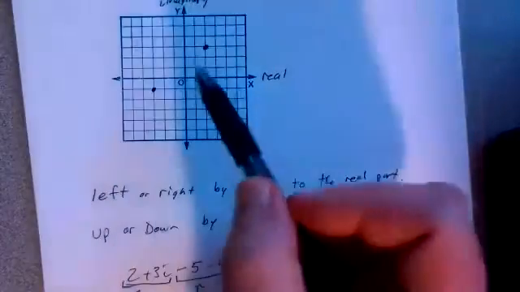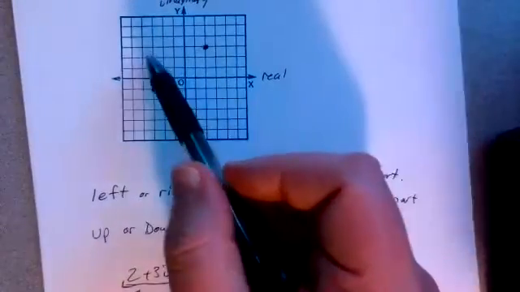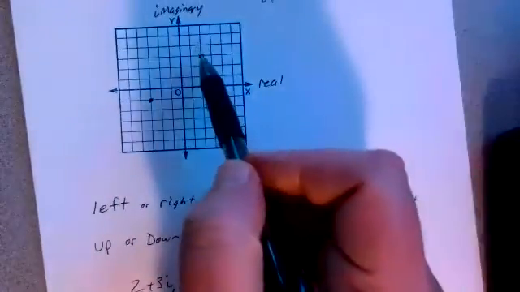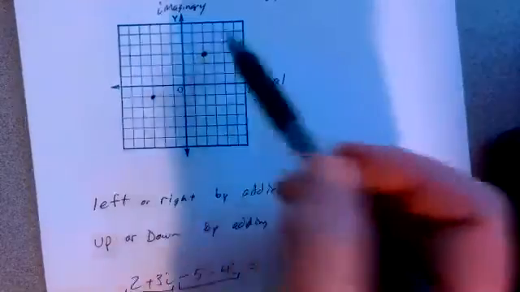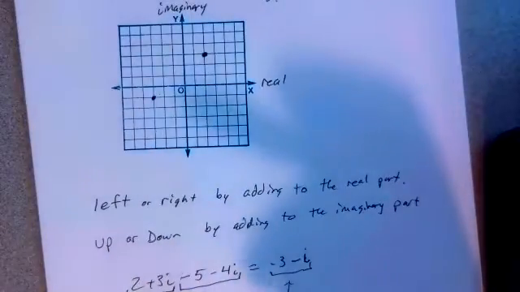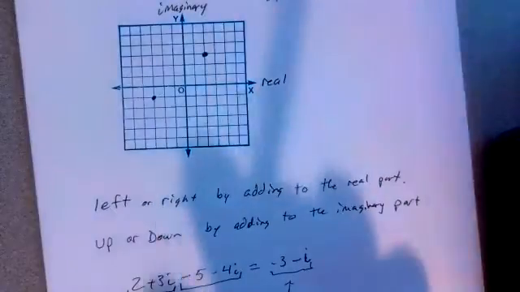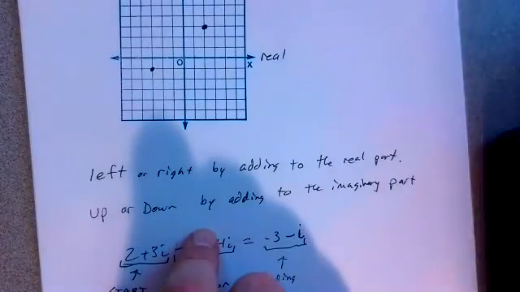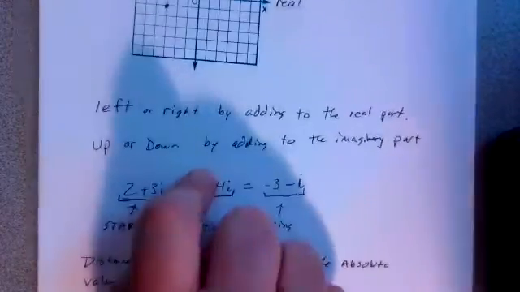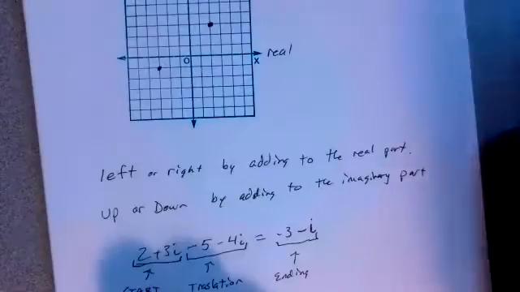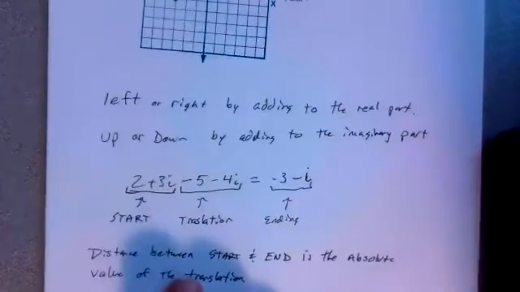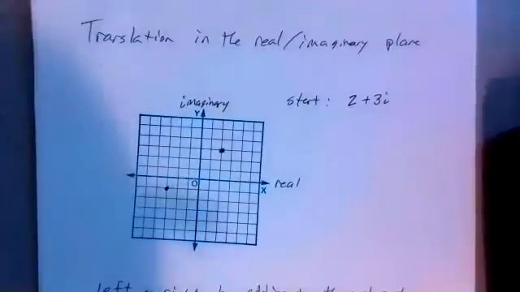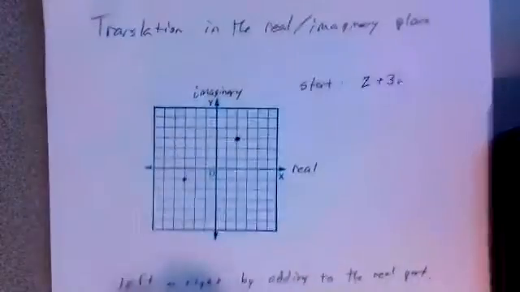I could give you two points and say, what's the translation? What is the complex number that translated from this point to this point? I could ask you to move things so many units and so far and ask you what would be the complex number of that. And I could ask you the distance between 2 points. I think that would be fair. Yeah, so those are translations, okay? The next one I want to take a look at